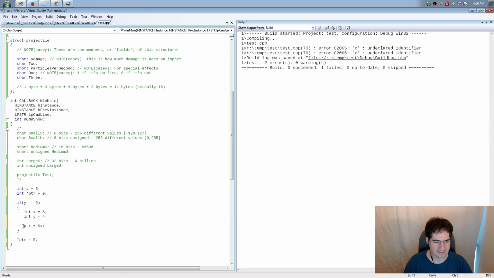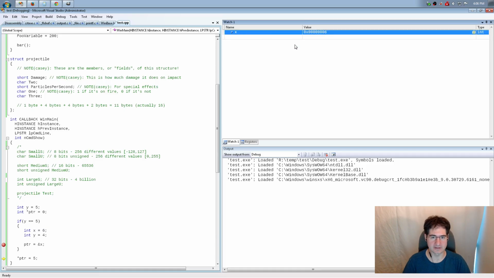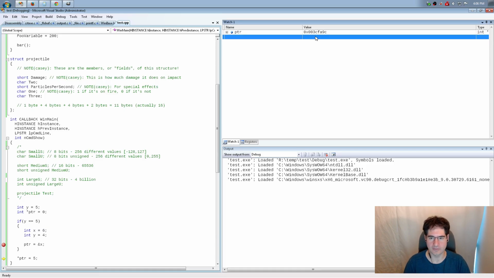So if I want to, I can snap the address of X. I can find out what the address of X is while I'm in this scope. When I get out of the scope, when I get out of the block, X goes away potentially, but I've still got its address. So I can go ahead and write to it all I want, right? And so when I compile this, it compiles just fine, right? And what happens is, when I go in here, you will see, I will take the address of X, right? And now I know where X is. I know exactly where X is, because wherever it was pointed to, that is the actual value of X.